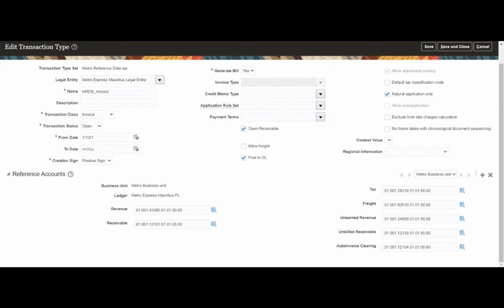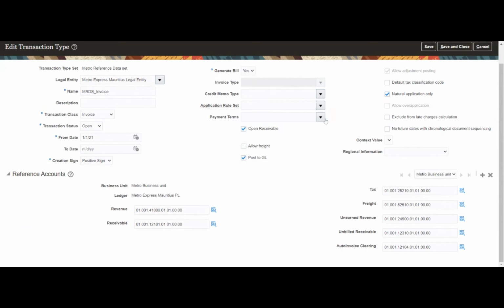We can define it at system option, which is our global or primary configuration that stays for the entire business unit. If I want a particular application rule set to override my system option configuration, I can define it here at the transaction type. But this is an optional configuration. Whatever we see with an asterisk is mandatory, and this one is optional.